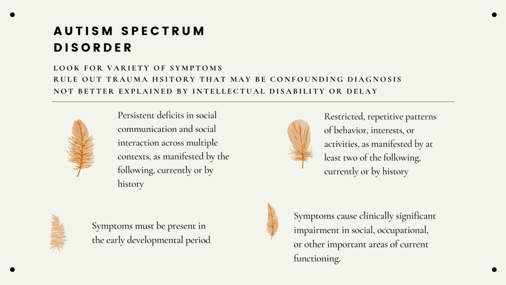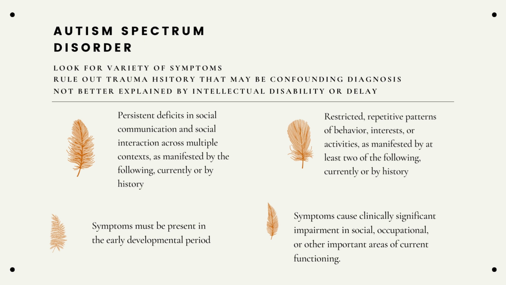Deficits in nonverbal communicative behaviors could look like very poorly integrated verbal and nonverbal communication. This is especially true for people with autism. You might see abnormalities in eye contact and body language, lack of facial expressions, and nonverbal communication, as maybe with people with fetal alcohol spectrum disorder, which is not an autism spectrum disorder right now in the DSM. But remember, it's still in areas for further study. But people with FASD, as well as people with autism spectrum, you may also see